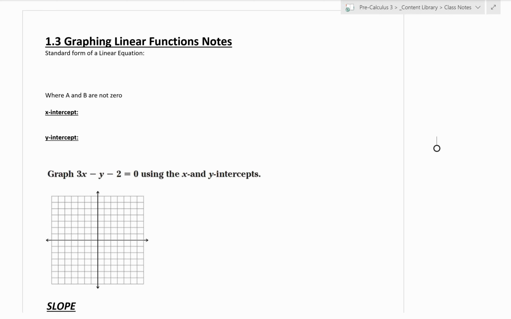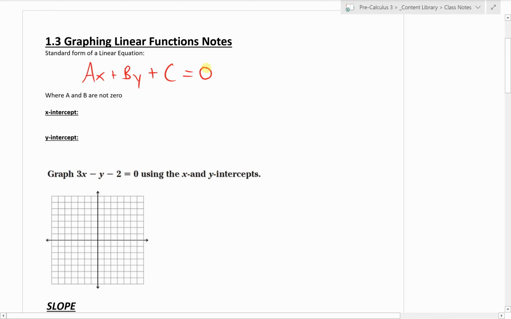We're going to start today by talking about the standard form of the equation of a line, which would look like this. We talked about this a little bit when we learned the polar form of the line and the normal form and all of that. But this is the standard form of a line. Remember, it's some coefficient times x plus some coefficient times y plus some constant coefficient, all set equal to 0,